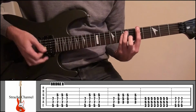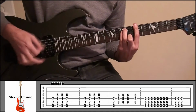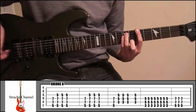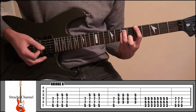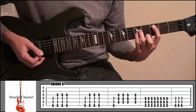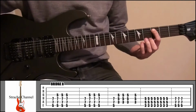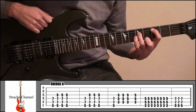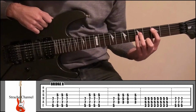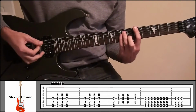Okay, something like that. If you look at the tab, we're going to do that twice, so okay, and then what we're going to do, staying in that position, play the top 3 strings once, and then go down a string and down 2 frets, so index finger, fret 3, string number 5, ring finger, fret 5, string number 4, then your little finger, fret 5, string 3. Going to play that 3 times and then once more, so